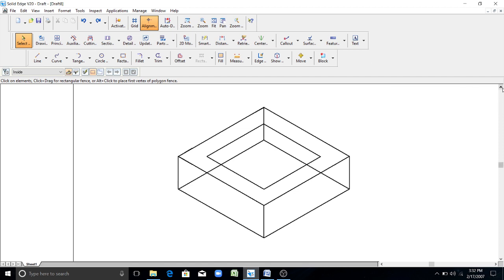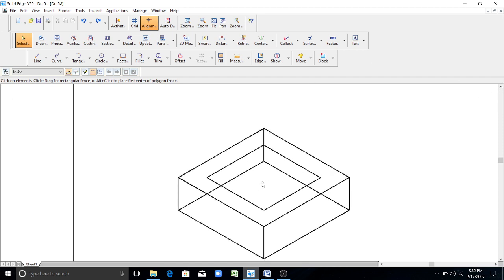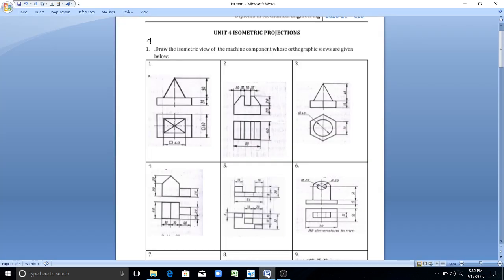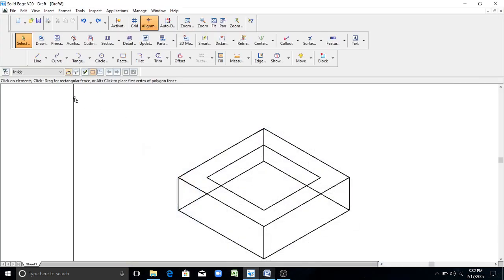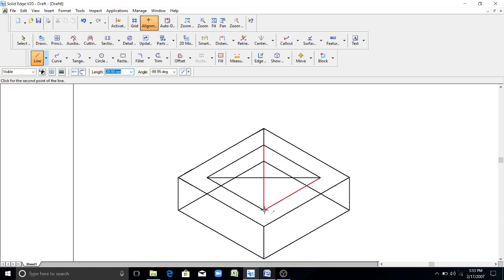Now the square pyramid has a height of 50 mm from this prism. It is joining to the midpoint of this square. So to draw the midpoint, you have to join the diagonals from this end to the center point of this square. I need this height of 50 mm. So draw a 50 mm straight line from this midpoint. So this is the apex where all the sides of the pyramid join.